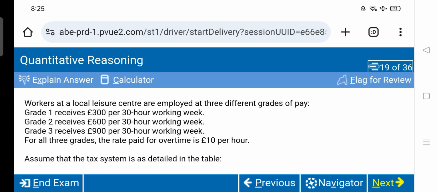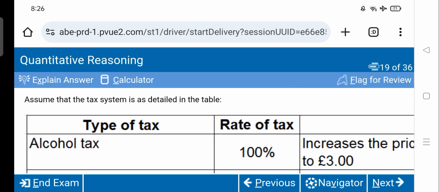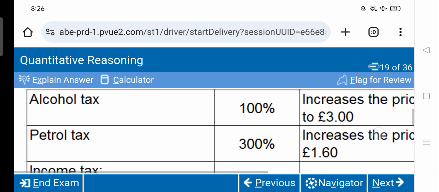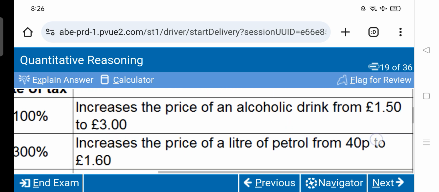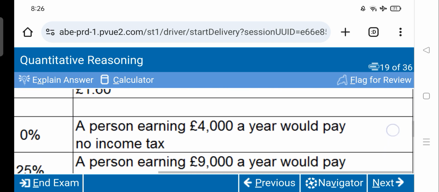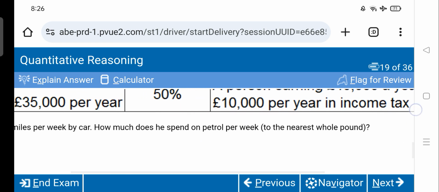Next question, question number 19. With the same information given, as you can see here, with the same information in the table, type of tax, rate of taxes, the question is that